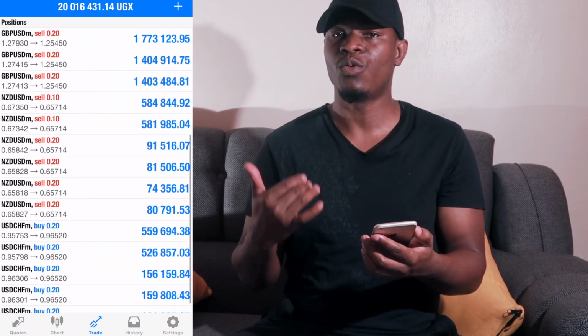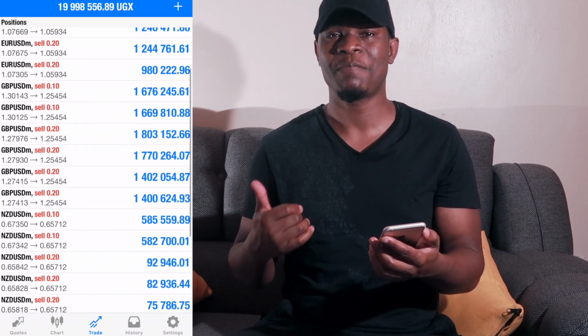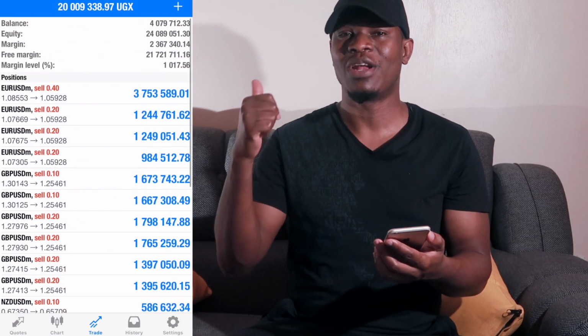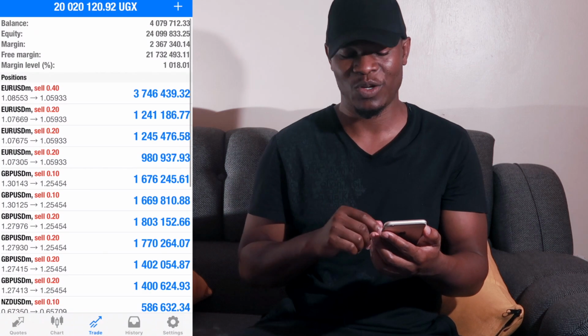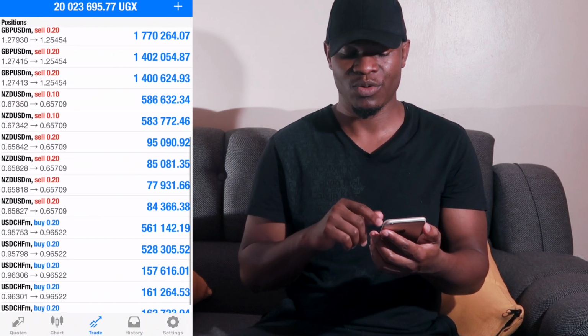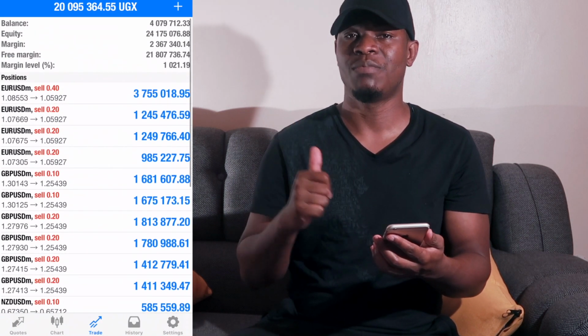And now you can see my equity was at 24 million at this time. It was floating 24 million, and I was very excited for this amount of money, 20 million floating. It was a good time for me to have that 20 million floating. It was really interesting. So I'll just continue.